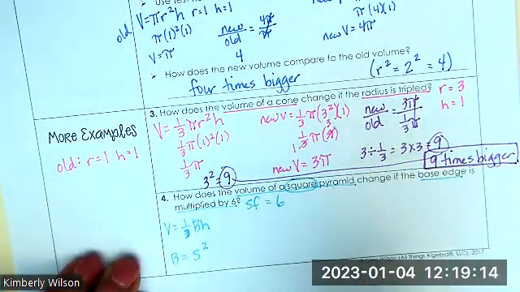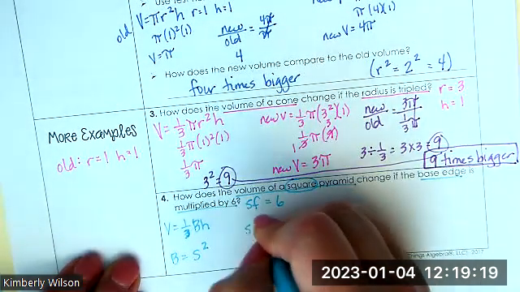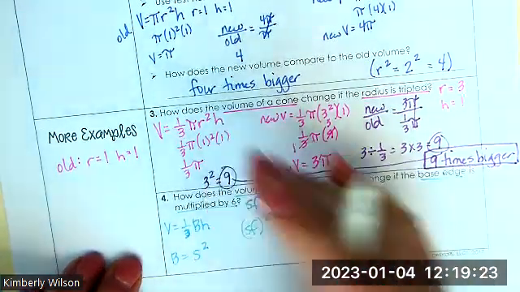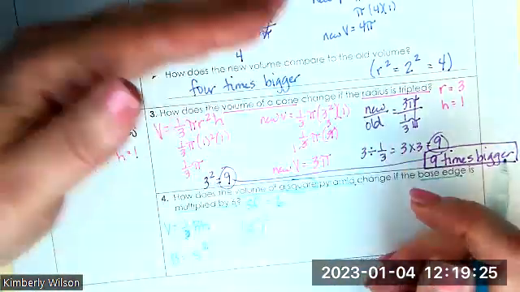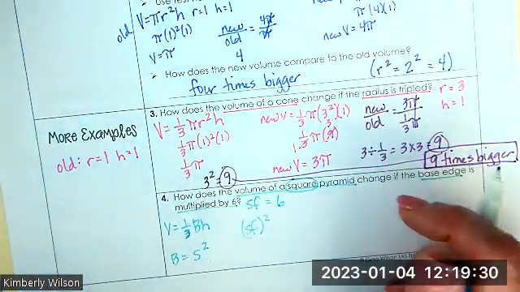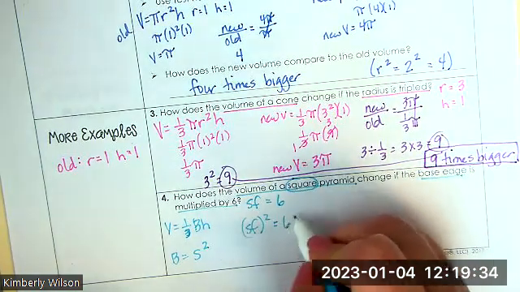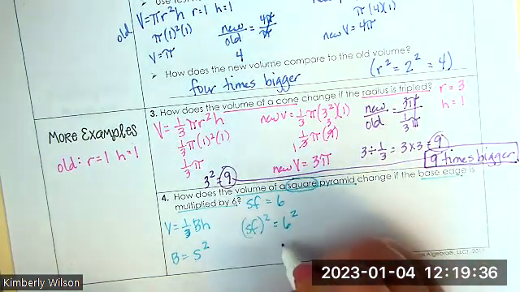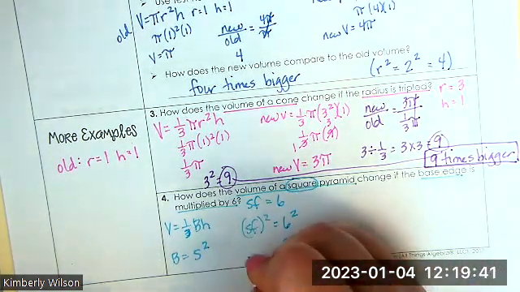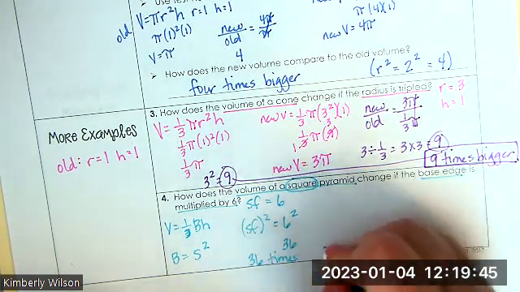So therefore, to figure out how many times bigger, I'm going to take the scale factor and I'm going to square it. The scale factor is 6 squared, which gives me 36. So therefore, I could say this is 36 times bigger,